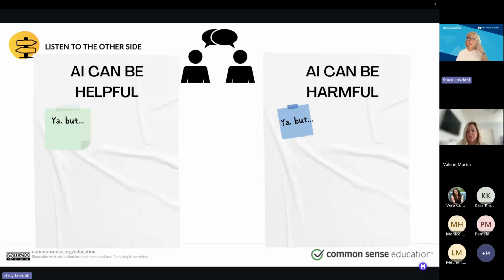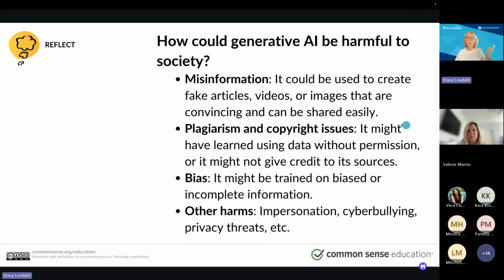I asked them to think in their minds to the other side, well, yeah, but it's cheating. Yeah, but it's harmful. Yeah, but. And then they did a gallery walk and had a discussion about what their reasons were. And I'm going to tell you, the discussion afterwards was the coolest thing, and it was super respectful, and they were just amazing.